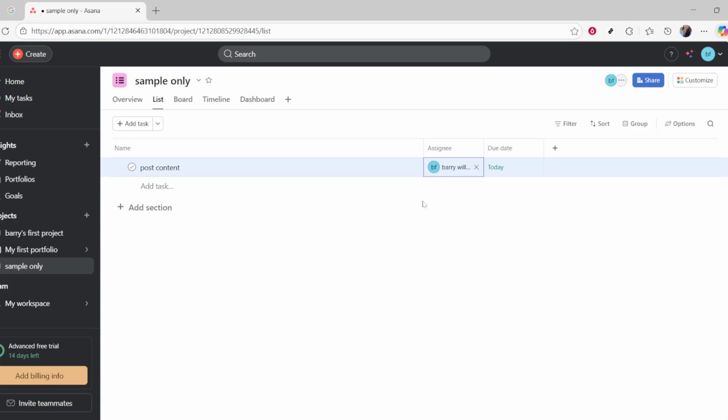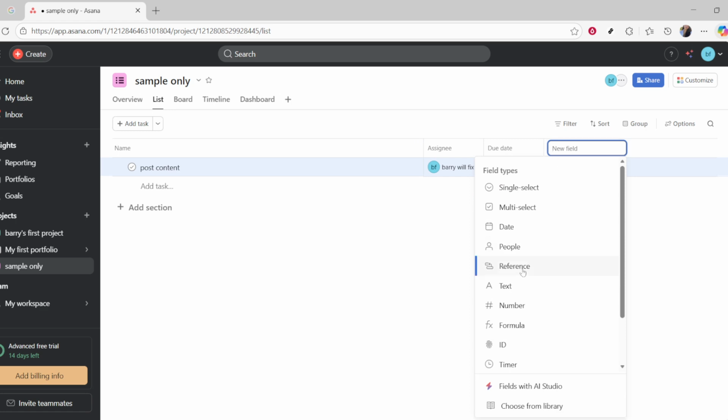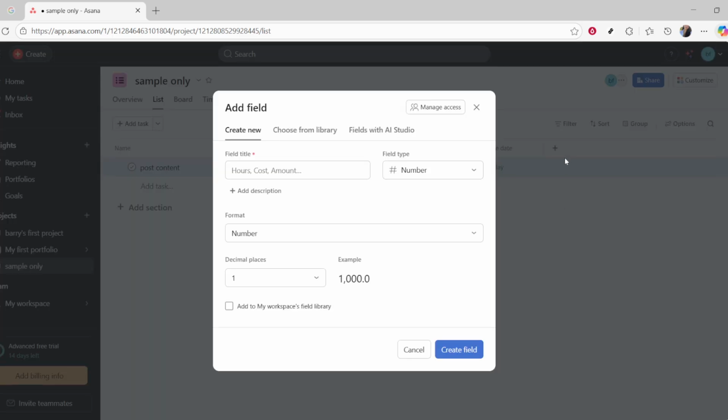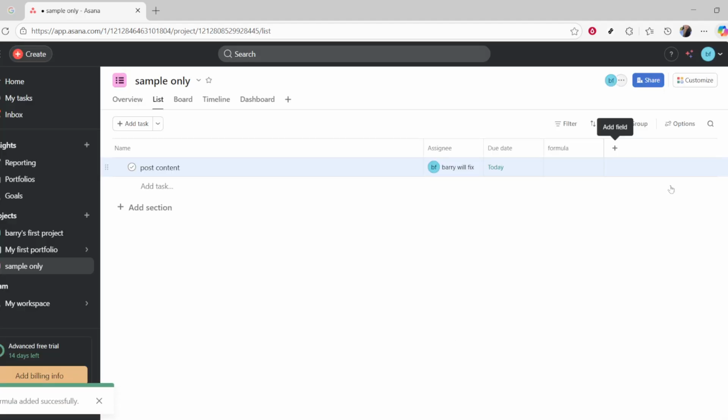To map out the steps of your workflow, add structure with sections in List View or columns in Board View. Name each stage to mirror your process, such as To Do, In Progress, Review, and Done. Then drag and drop tasks into the appropriate sections or columns so everyone can see progress at a glance. Continue adding tasks, assigning owners, setting due dates, and placing them into the right stages until your project reflects the